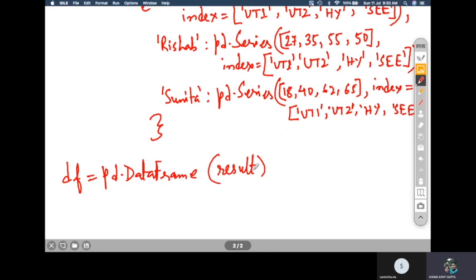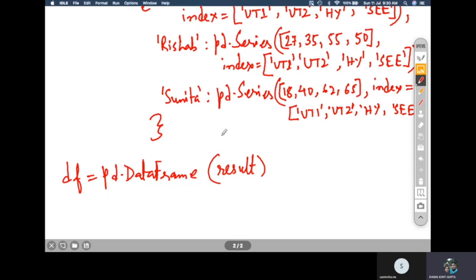So now can you tell me what will be the output and how this output will be shown? What will be the column headings and the row headings? Can you tell me what will become the row heading and what will become the column heading? That is very, very important. Listen, whenever a dictionary is used, the keys become columns. Always, keys always become columns.